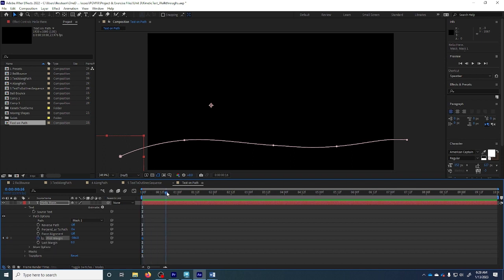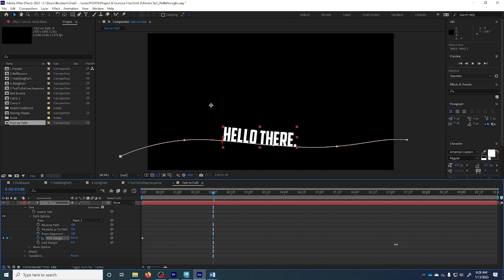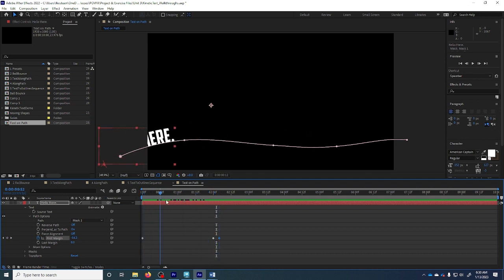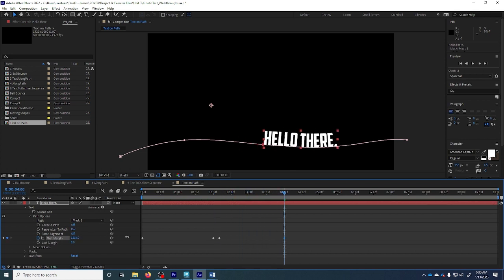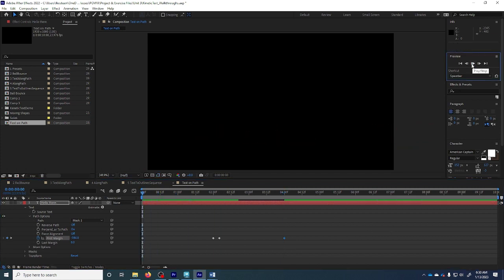I'm then going to move my time slider to about where I want the words to stop. So for me, it's about 2 seconds, and then I'm just going to move them to where I want them to stop. It should automatically put a keyframe. I'm going to put a little hold frame, which is just an empty keyframe at the same location, right here. So from here to here, it'll hold. So it'll come on, doesn't move, and then I'm going to have it move off at about 4 seconds so that it's all the way off screen. So now if I hit play,